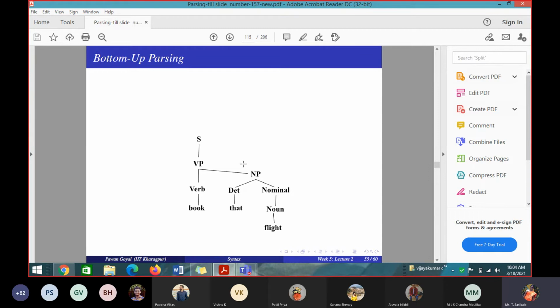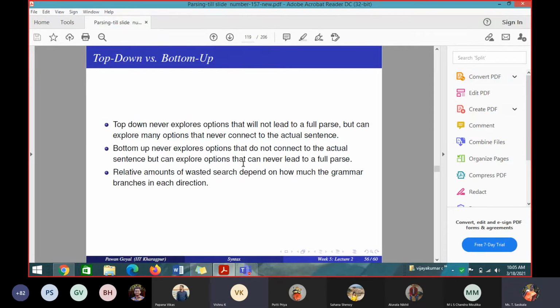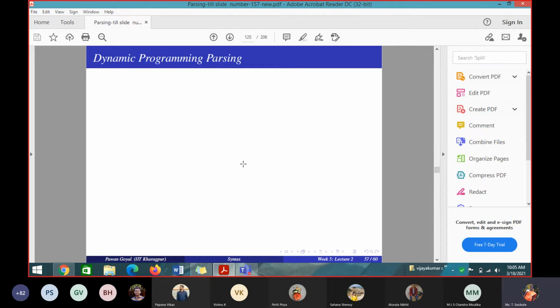Then finally they may ask, check whether the given sentence, book that flight, is grammatical based on the given grammar G. Yes, why? Can you justify? Because we can derive the sentence from the grammar. Okay, so that's why they have given here the difference between top down and bottom up method. Top down starts from the root node and reaches the leaf node, whereas bottom up starts from the leaf node, and we'll be seeing the right hand side, whereas in top down we'll be seeing the left hand side of the root. So these are the two ways in which we can construct the tree using the given grammar.